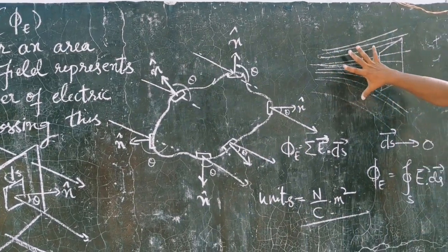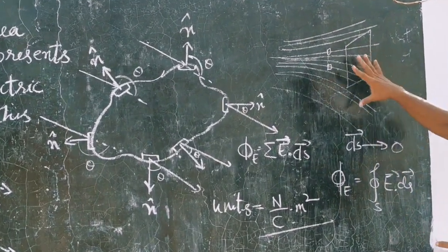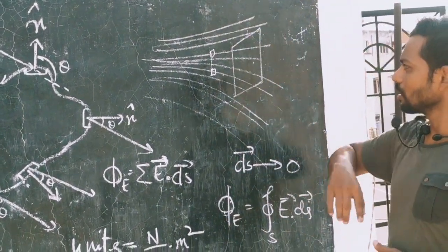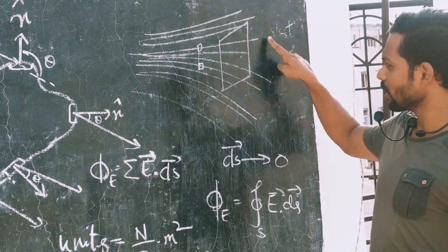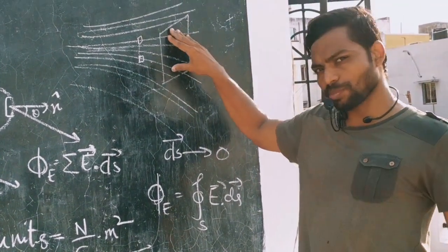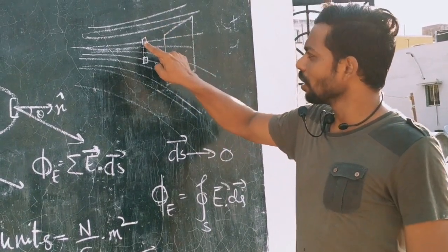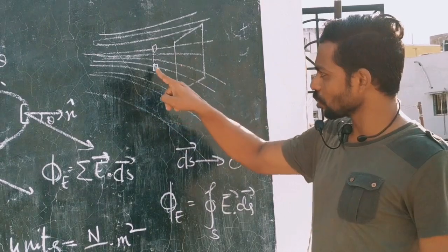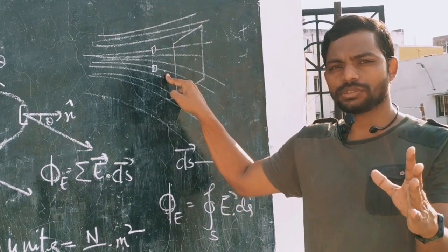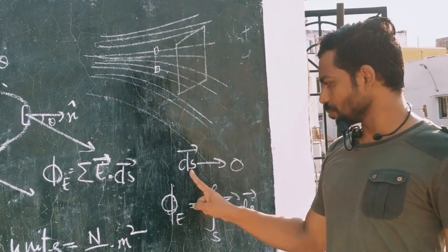Let us say there is an electric field which is not uniform. In that case, if you are calculating electric flux and you consider a big area, you can see the electric field intensity direction is in this way as well as this way at this point. So it becomes very difficult to calculate the flux passing through this. But if you take small area elements, then through that you can see the electric field lines are passing only in a single direction. Here also you can see a single direction. So it is uniform. To calculate flux from a given area element, it should be a uniform electric field. So ds should tend to 0.